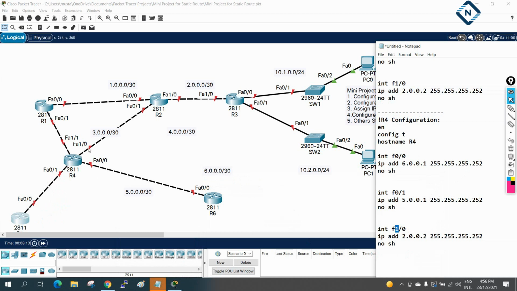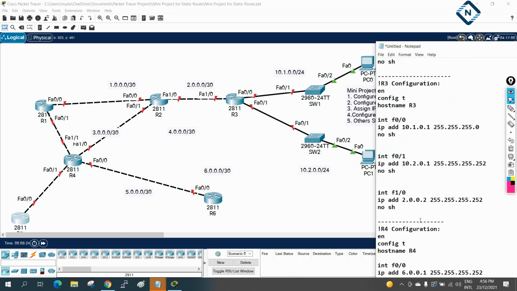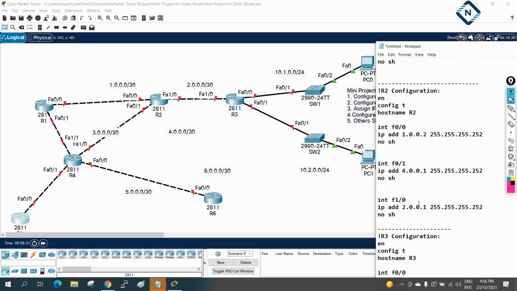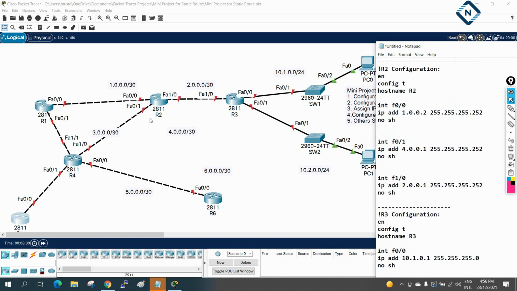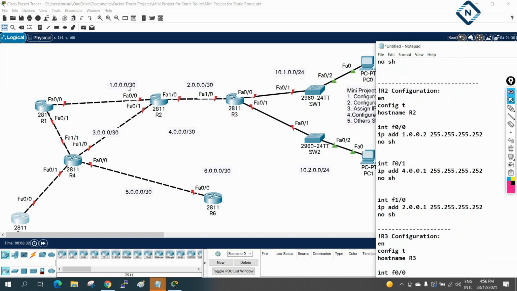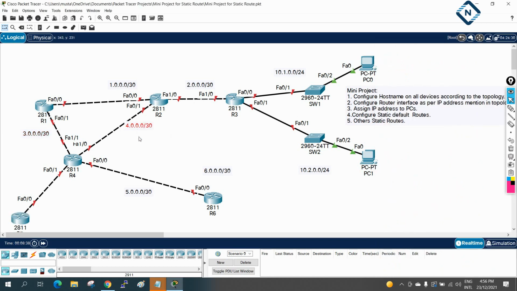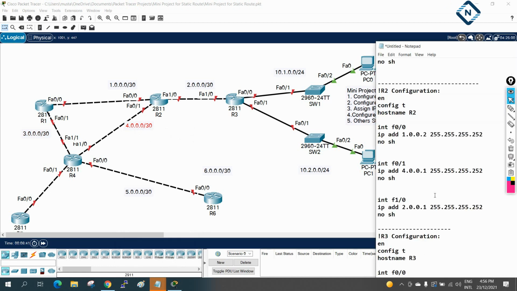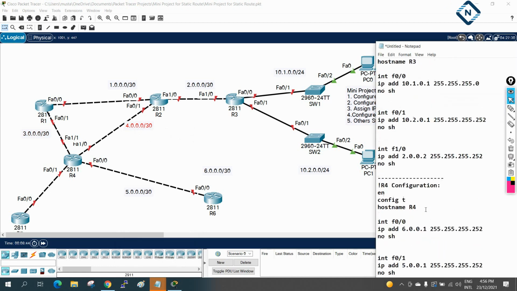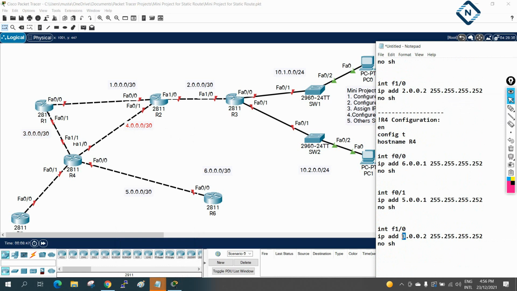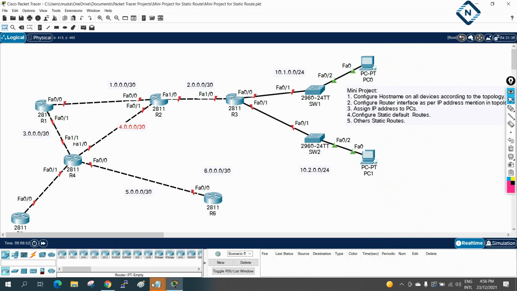Now we have F1/0. So this is F1/0. This is 3.0.0. So I will make this as 3.0.0.0, and .2 we will use. I think we use 3 in the R2. So in the R2, if you see, we use this IP or not. This is R2. We use 1., 2., and this is 4. Okay, this 3 will be here. So we use this IP. So let's see what is not used. We can use that one. 4.1 use. So we are going to use here 4. This will be 4.2. Okay, what I am saying, see here, this side we assign this IP 4.0.0.